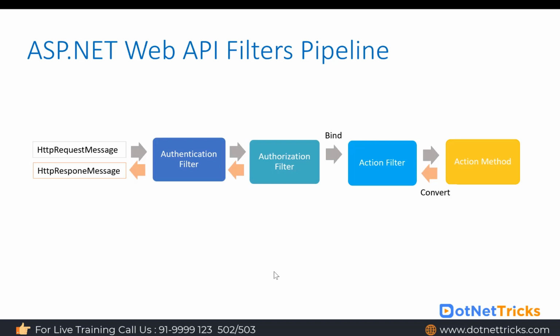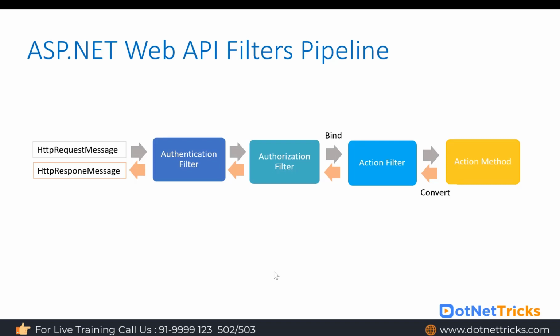And here, before returning the result, there is a post action filter as well. You can use the post action filter, let's say, if you are willing to cache the response at the browser end. So that caching code we can write in the post action filter, so that the browser doesn't need to access the data again and again. By using the caching header, the browser can reuse it in the application. So this is how the complete pipeline of the filters works.